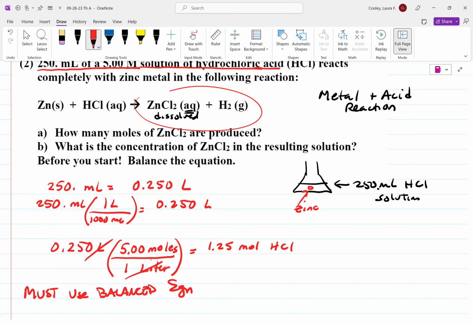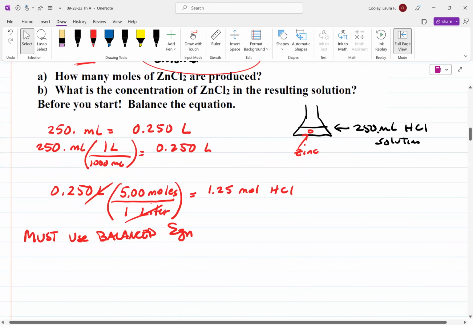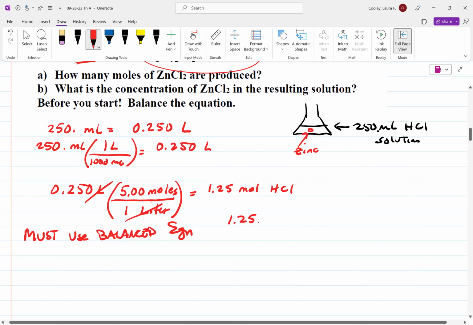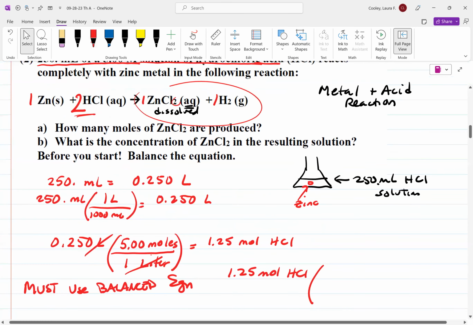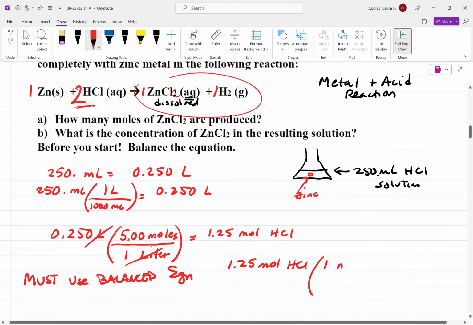So I'm going to balance it now. All I had to do is put a 2 there. Now I have 2 Cl's on the left and 2 Cl's on the right. I have 2 H's on the left and 2 H's on the right, and I have 1 zinc on each side. So it's balanced. So I could take my 1.25 moles of HCl, and I have 1 mole of